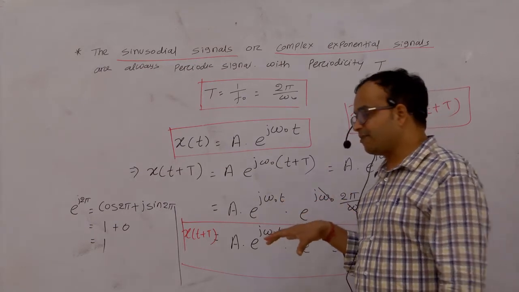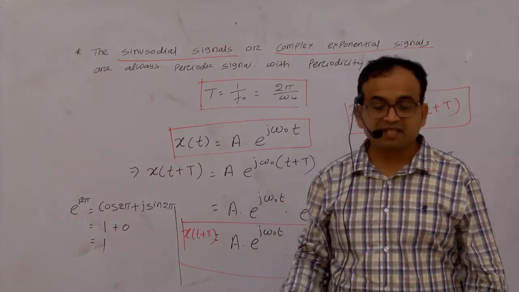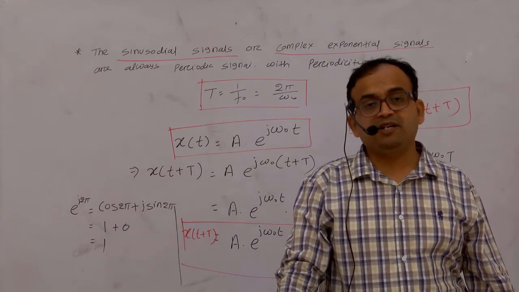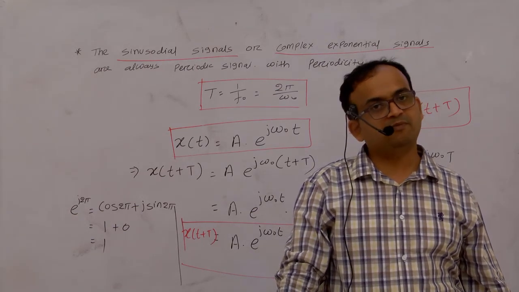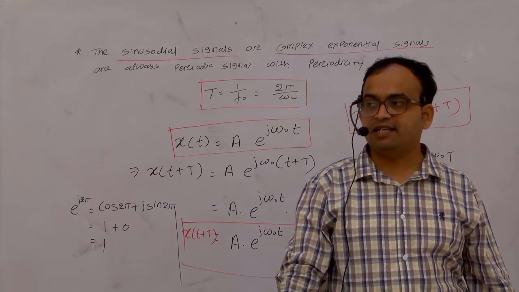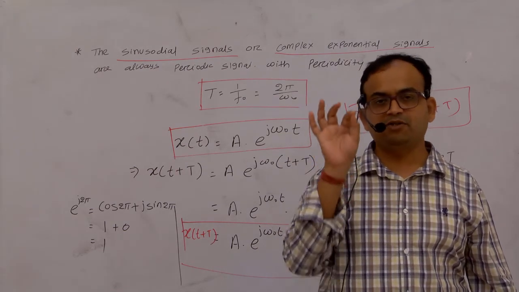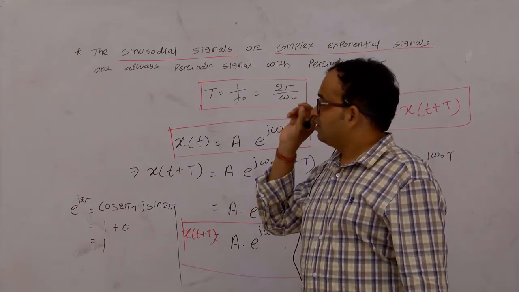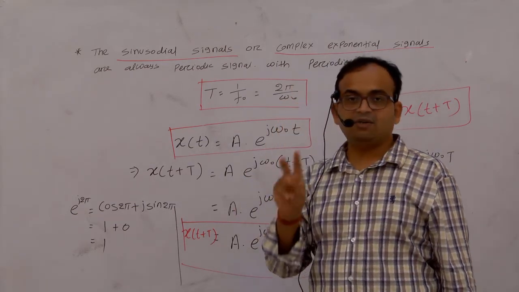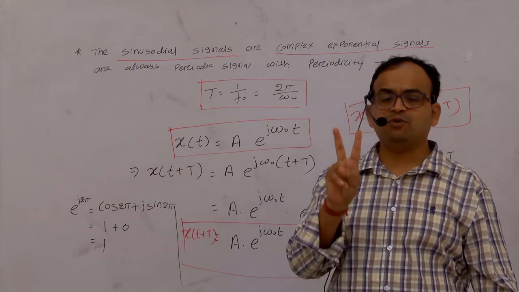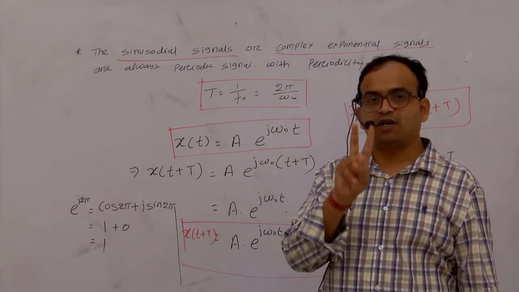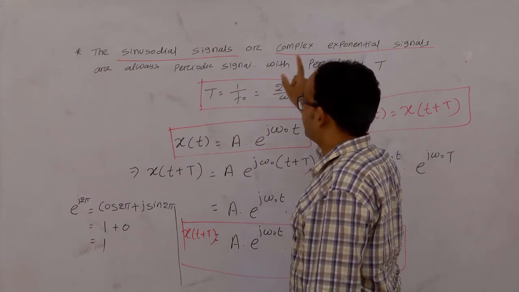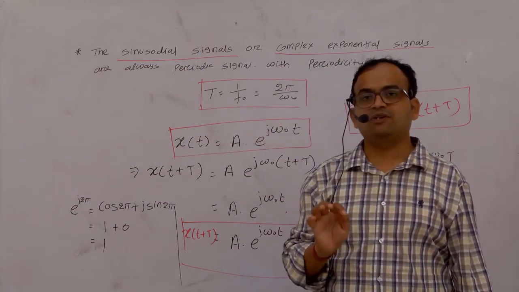So what we have discussed till now is what a periodic signal is, and whether the addition of two periodic signals is periodic or not. For that we have to take the ratio between T1 by T2, right? The third thing is that we have to know that only two types of signals are always periodic signals. What are the two signals? The sinusoidal signals and the complex exponential signals. These two signals are always periodic signals.